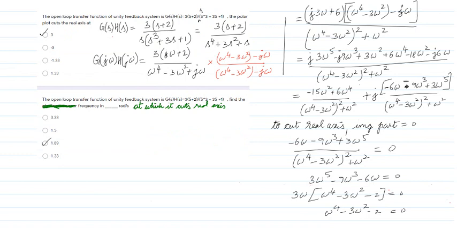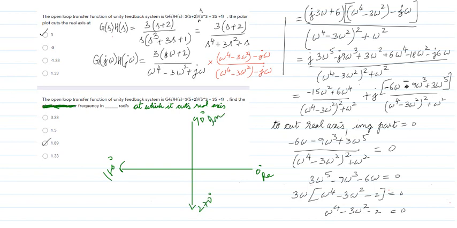And we know in a polar plot, this is my x-axis and this is my y-axis. I can take this as 0 degree, that is your real part. This is 90 degree, 180 degree, and this is my 270 degree. This is my imaginary part. This is minus real part. This is minus imaginary part. Okay. Now the question is at what point it is cutting the axis.